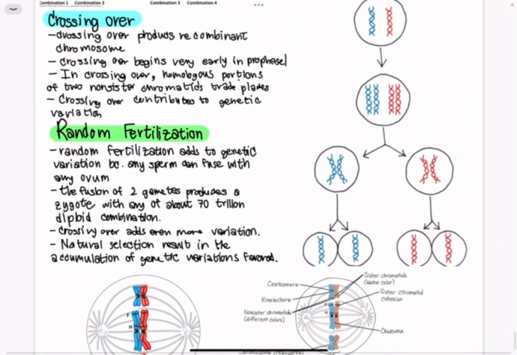Random fertilization adds genetic variation because any sperm can fuse with any ovum. The fusion of two gametes produces a zygote with any of about 70 trillion diploid combinations. Crossing over adds even more variation. Natural selection results in the accumulation of genetic variation favored